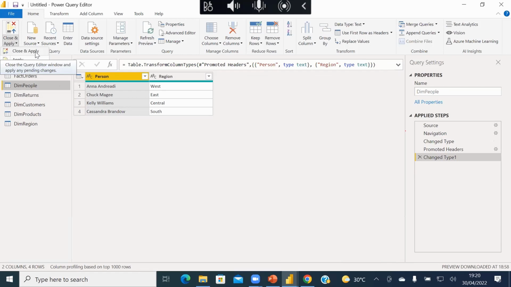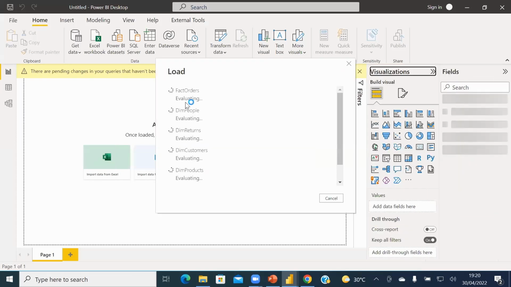So before I do that, let me see, someone has a comment, let's see. Okay, it's not a question. So I can now close and apply. Now, Power BI is going to do the job of loading the data into the data model rather. You get that? So it will try to create a connection to the data source and load the data into the model.